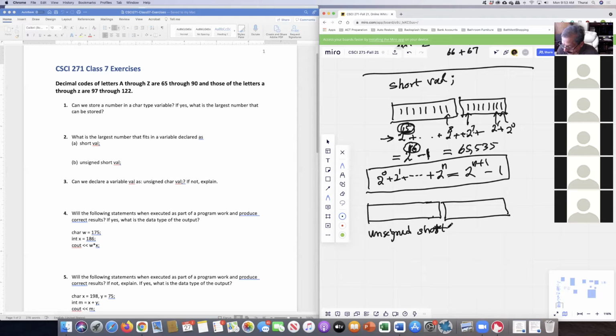So if I declare a variable as unsigned short val, then I have 2 bytes, but I don't have all 16 bits available. 1 bit is